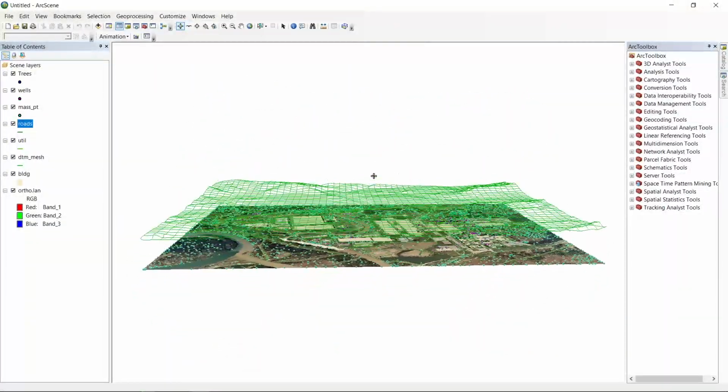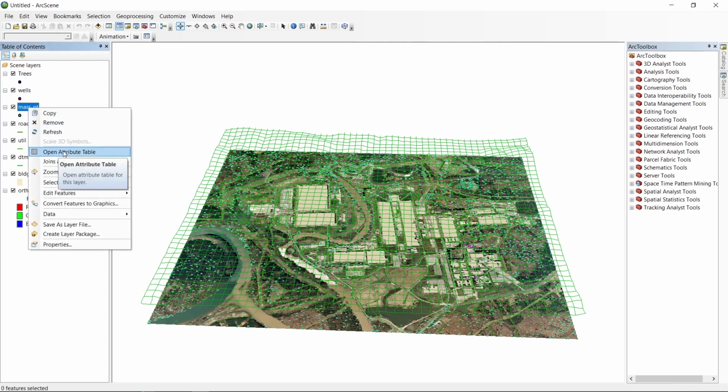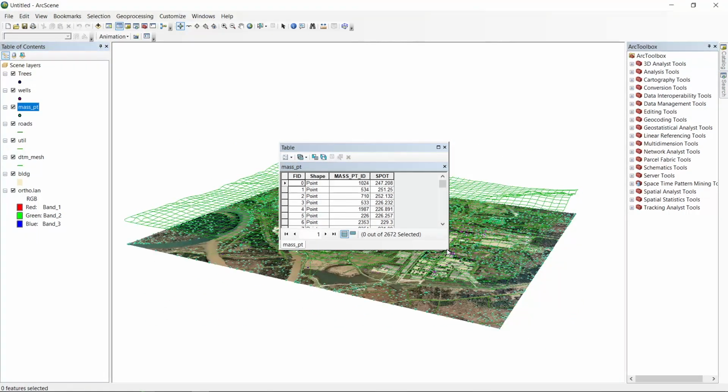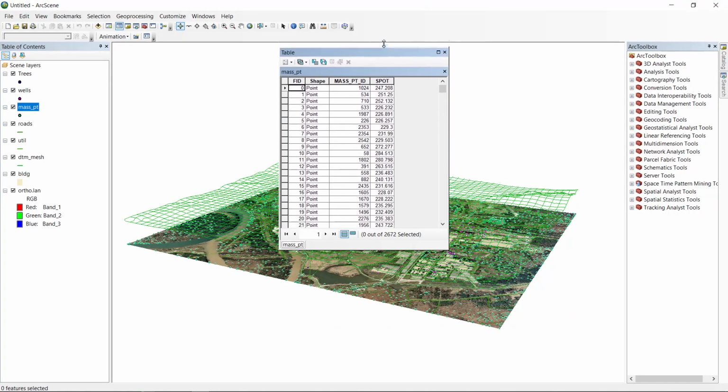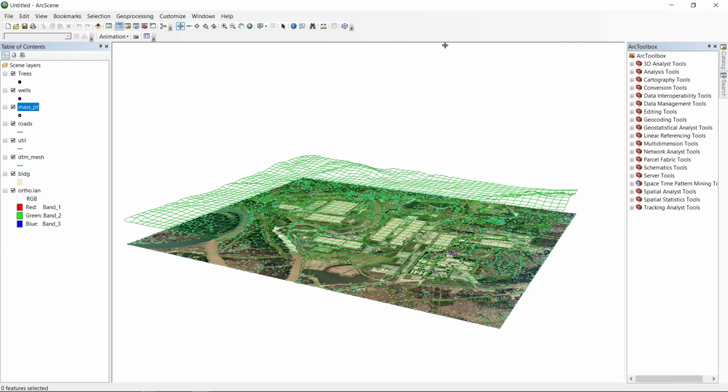First of all, I'm going to make a TIN layer, which is like a 3D terrain layer, using this mass PT. First of all, we will see what data we have in this layer. Here, shape, mass PT ID is 4. This is where we have elevation values.